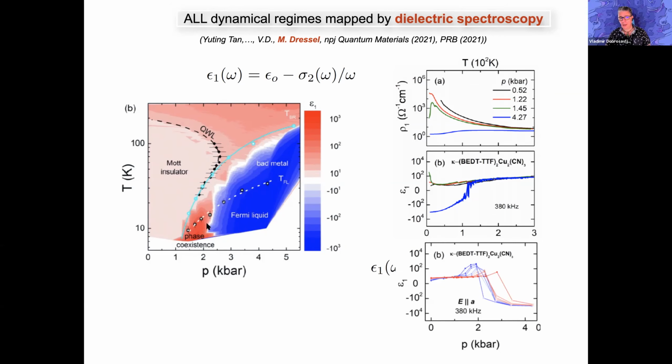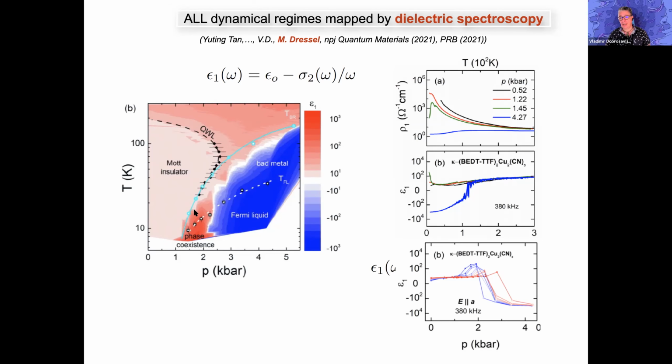Here, what you see is a region where the dielectric response is gigantic, colossal. Here, the dielectric constant can be, in some cases, as large as 50,000. So there is a gigantic peak of the dielectric constant to positive values, a huge peak before it dips to negative values of a metal. So this is a remarkable discovery because it actually maps exactly the coexistence region.